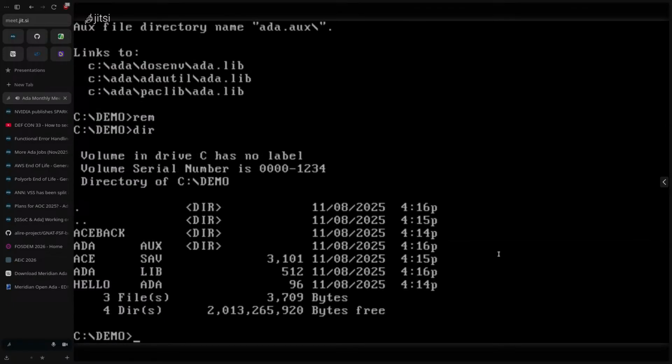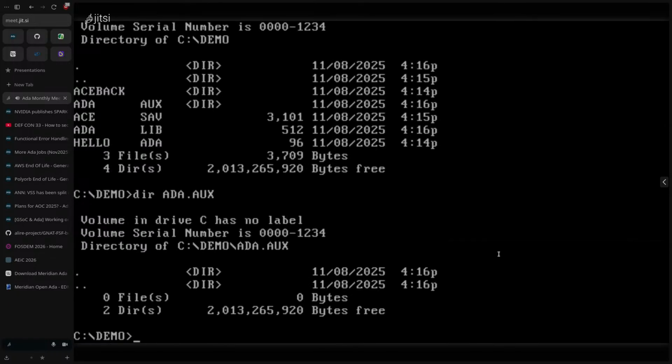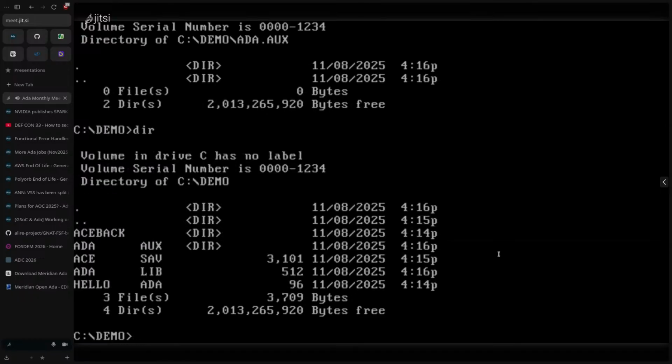And if one looks at the directory here, I think it is this ada.aux directory that it creates. So it will put compiler-generated code in this subdirectory. And this directory is created by the new lib command.